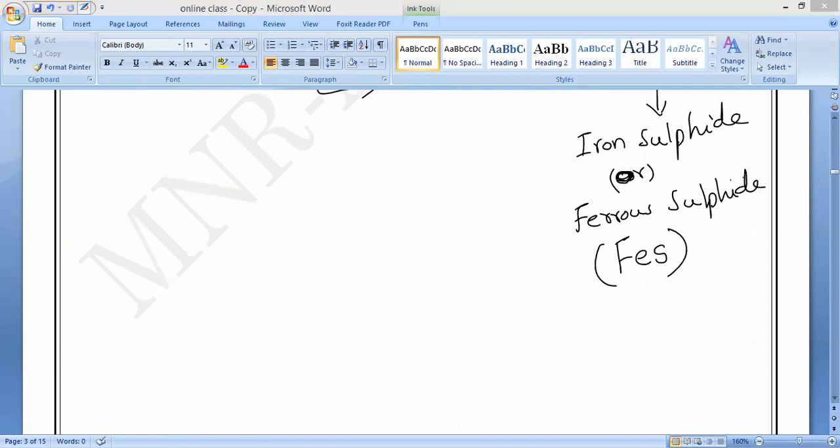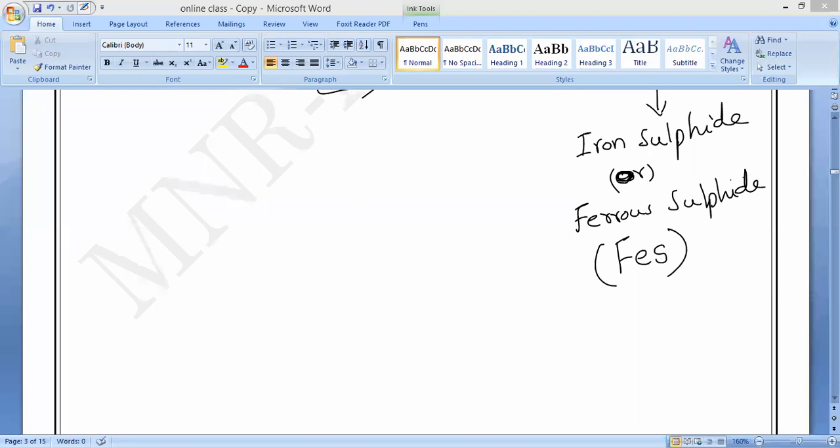Okay. Now, let us examine the properties of this compound to find out the difference between a compound and a mixture. Already in yesterday's class, I taught you the properties of a mixture. Correct or not? Yes or no? Separating iron with the help of a magnet, separating sulfur with the help of carbon disulfide, etc. Now, let us study the differences between mixture and compound.